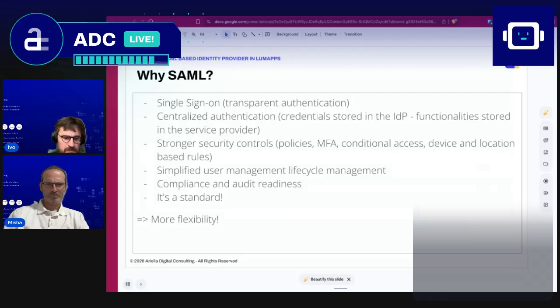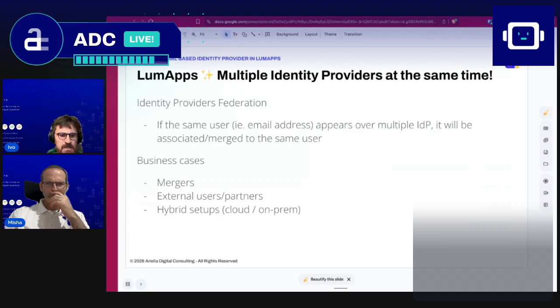And last but not least, sometimes you have audits for any reason, and you must demonstrate your compliance with ISO 27001 or any other standard that you could be bound to comply with. So, all this makes the strength of this protocol, and it's great to know that LumApps supports this kind of